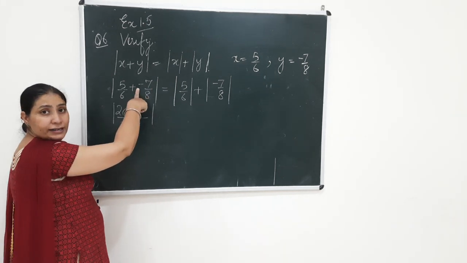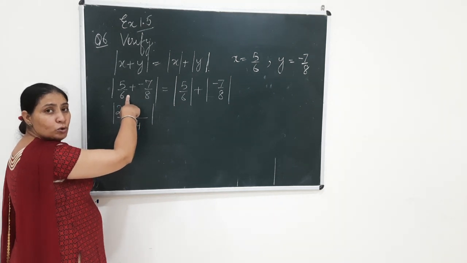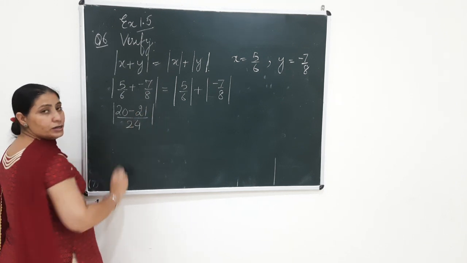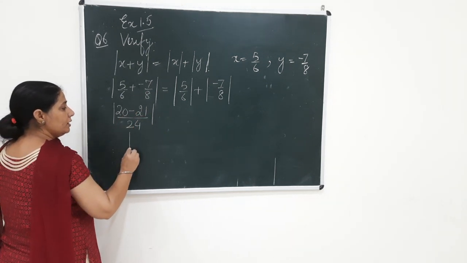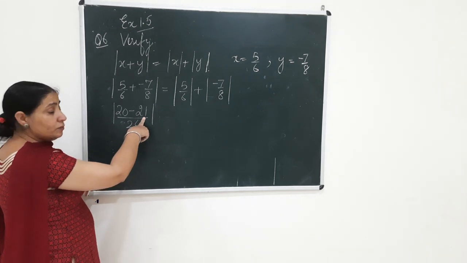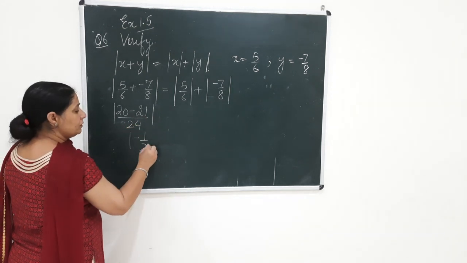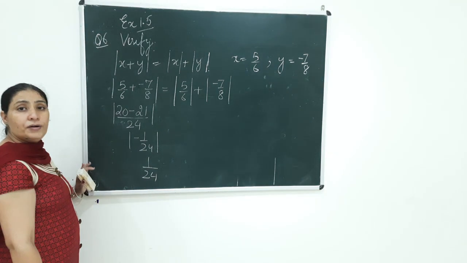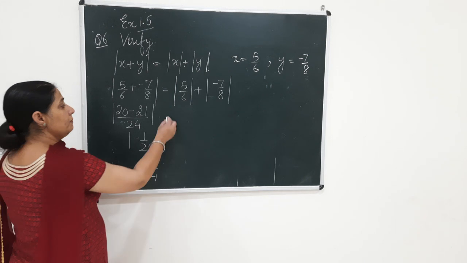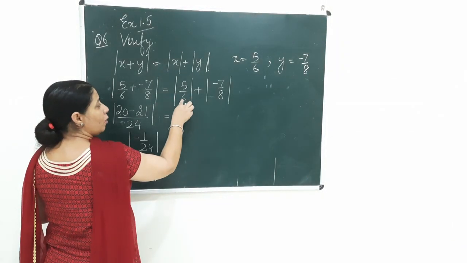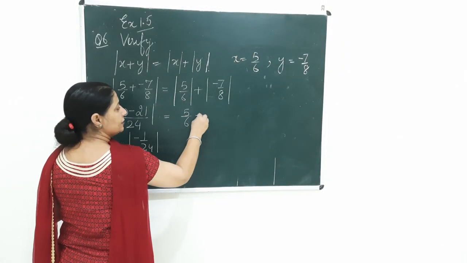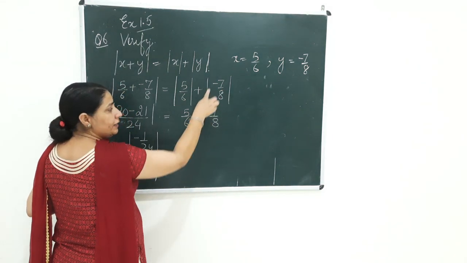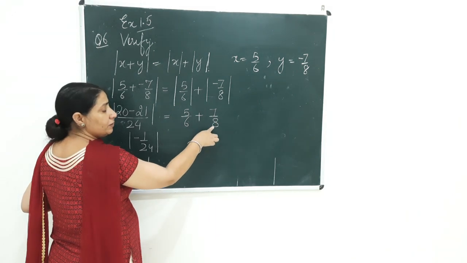But because you have a negative sign and a positive sign here, you know by now that plus minus will become minus, and 7 3s are 21. So 20 minus 21, again the bigger number is 21, so the negative sign goes with this: minus 1 by 24. So when you take it out of the mod sign, the answer to this is 1 by 24. Clear? Now let me take this side. Mod of x is equal to, beta, 5 by 6, and mod of minus 7 by 8. As I told you, a negative when it comes outside will become positive, so it will be 7 by 8.